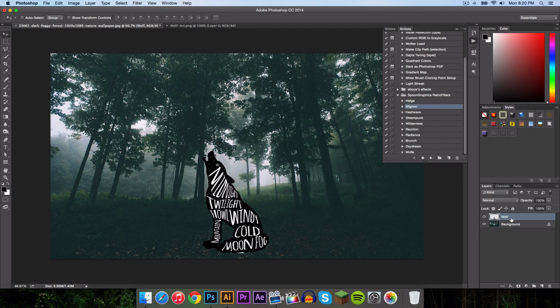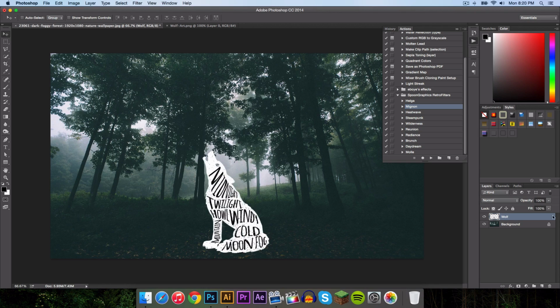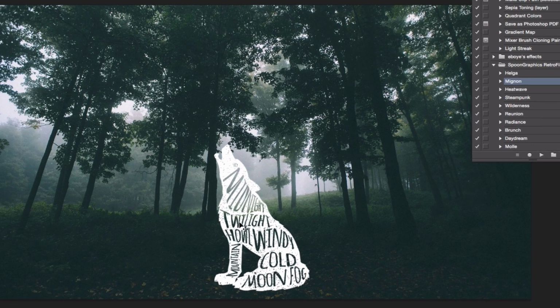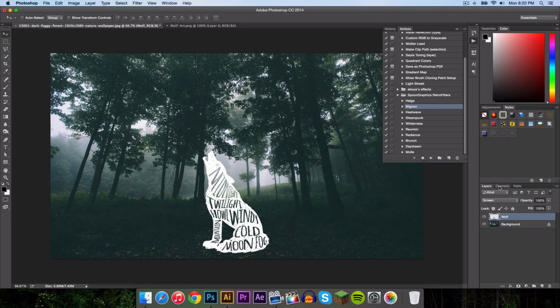What I'm gonna do first though is select the vector artwork that we made in Illustrator, and press Command I to invert the artwork. And we're gonna change the blending mode to screen. So go to blending mode and set that to screen, so you guys can now see through the actual artwork, which is really cool. And now you could of course decrease the opacity to your liking, but I'm just gonna keep it at 100% because it makes it look nice. And so yeah, now this looks very, very cool.